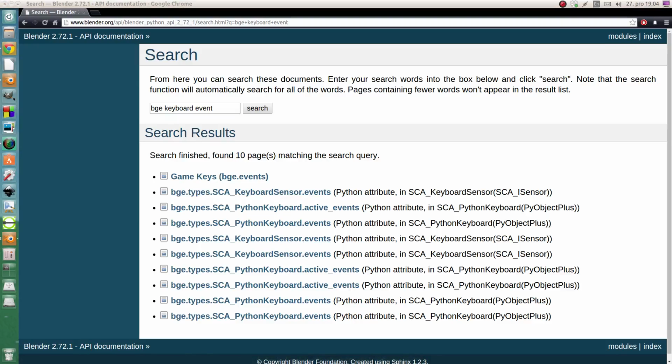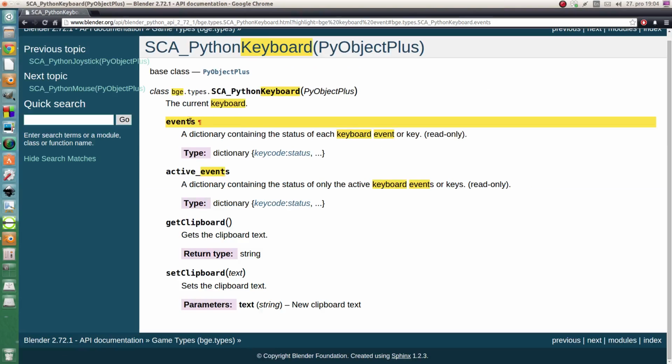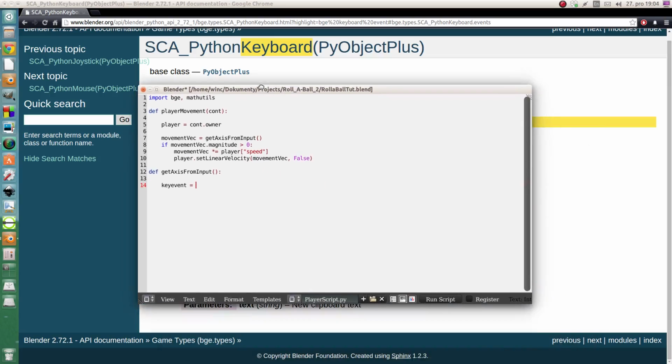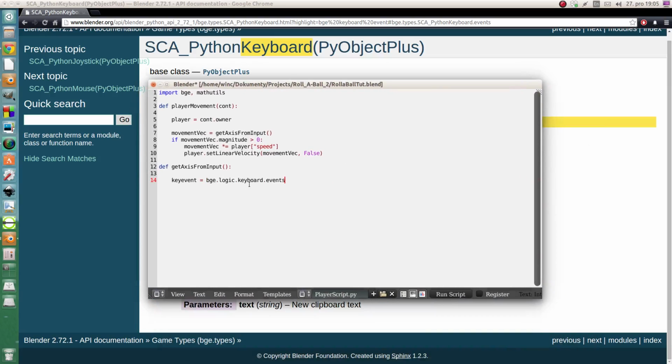I will just copy it from my old script. As you can see, it's not always such clear what it should do. Python keyboard event. Yes, it's actually kind of what I want. BGE logic keyboard dot events. I don't know why I can't find it right now, but this is what are all events